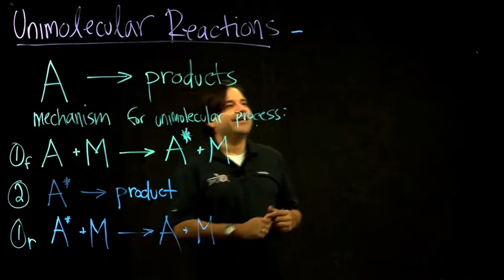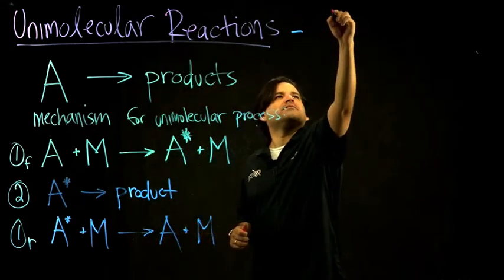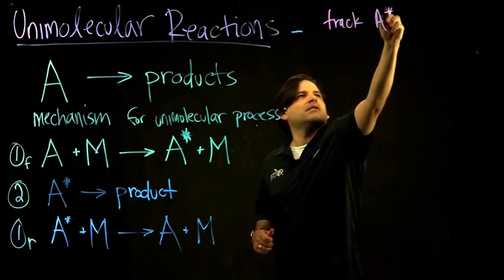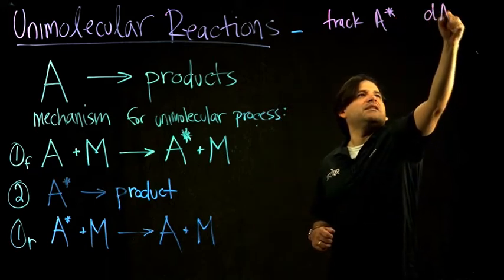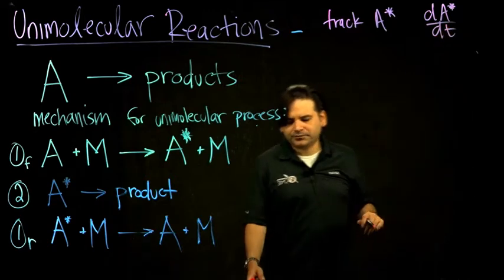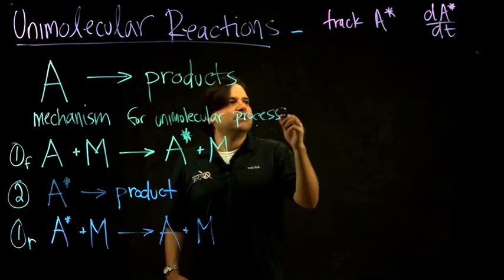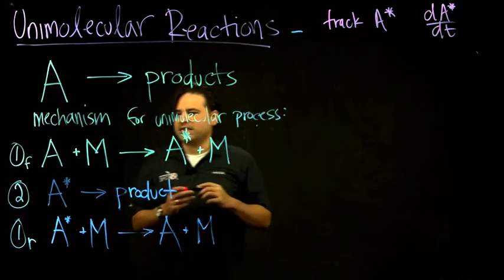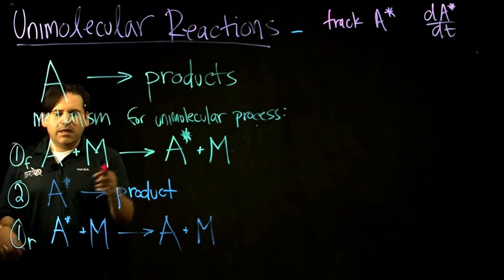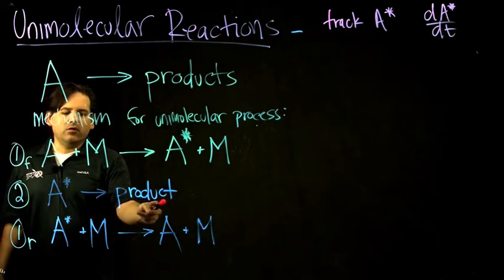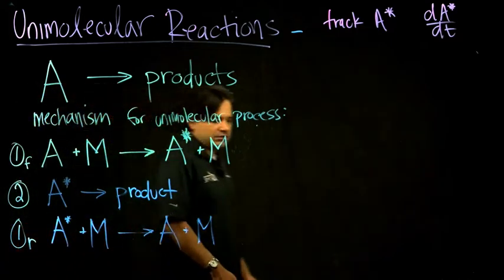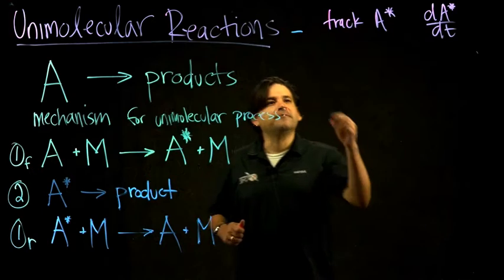So if we were to track A star, the activated species, what is dA star/dt? We'll use the law of mass action for this mechanism. A star gets produced in reaction 1 going forward, it gets consumed in reaction 3 going forward, and it gets consumed in the reverse reaction of 1. So that would look like